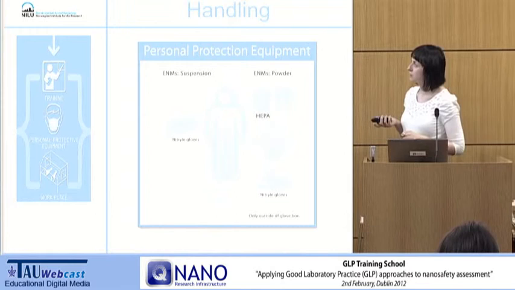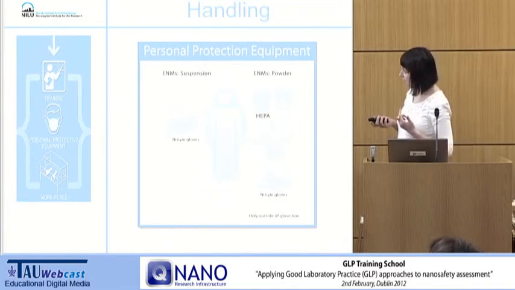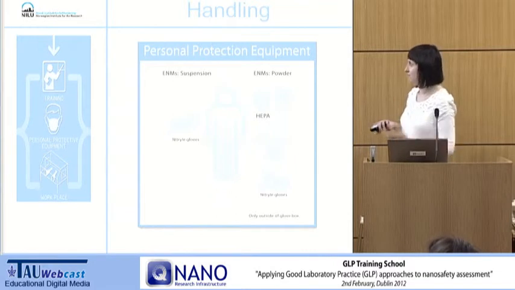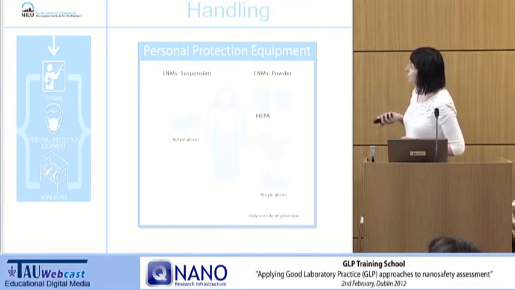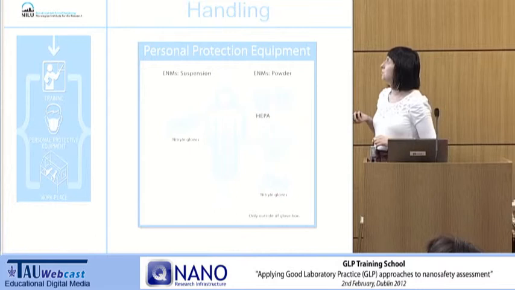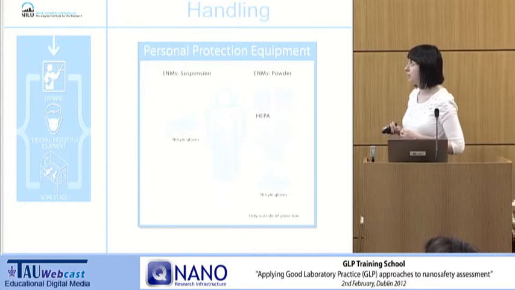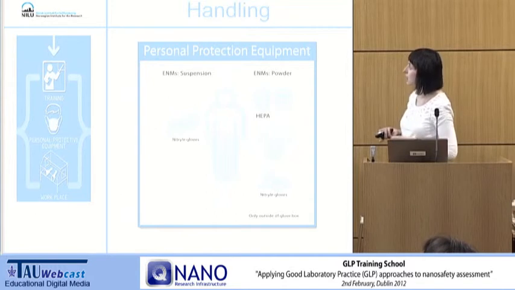We decided to use only nitrile gloves, 2 pairs, because there are some studies that say that small nanoparticles can penetrate, so 1 pair is not enough, so we decided 2. But more complicated was the situation when we want to handle nanoparticles in powder, or when we want to prepare solutions by using a sonicator. We need to protect our respiratory system, so we need to use a HEPA mask, goggles,